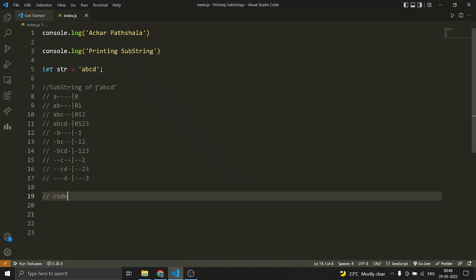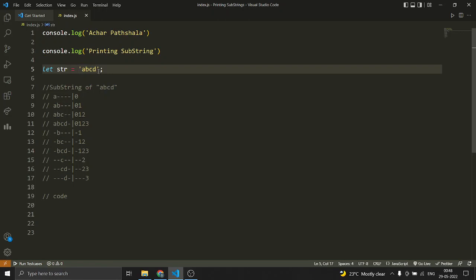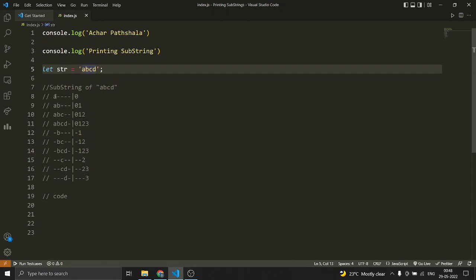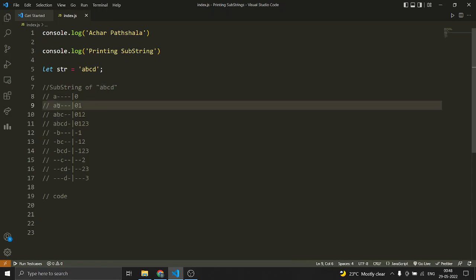Okay, in this video we will be printing the substrings of this string. This is the sample input and this is the expected output for this string. And here you will start from the index 0, and as the iteration goes on you'll be including the next element,